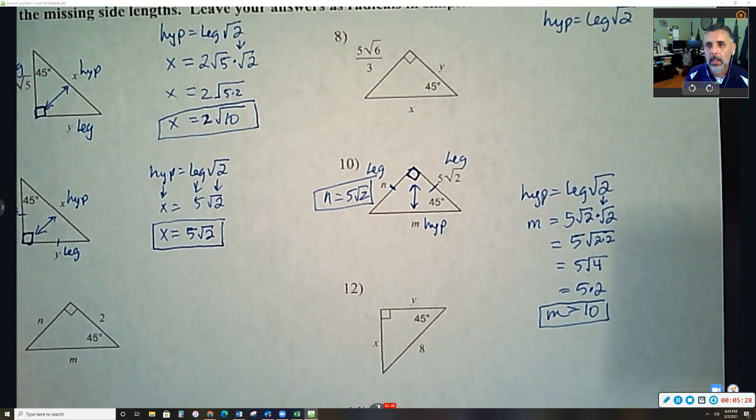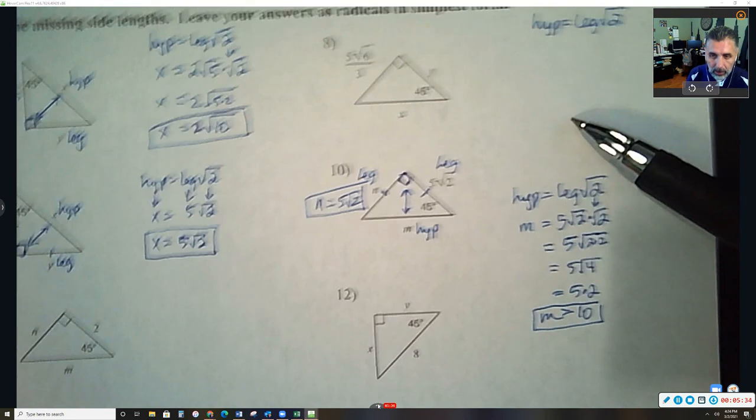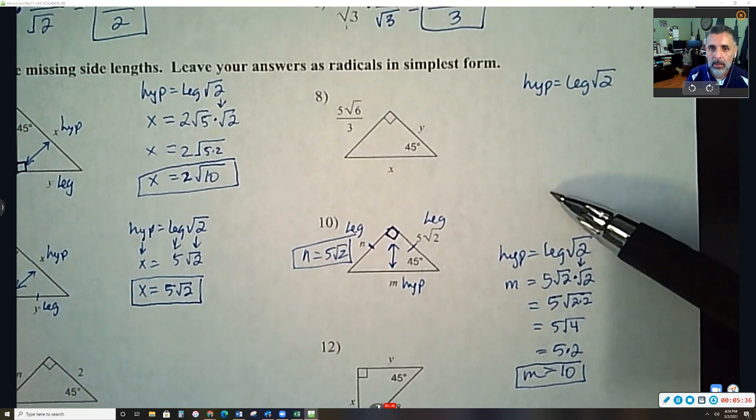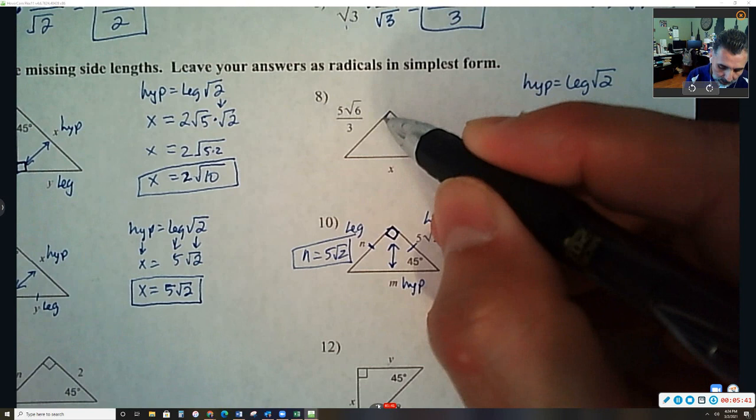So let's look at 8. Now I said 8 was kind of like a lot of work, and it is. And now I don't even think I'm going to be able to fit it in here, but let's try. Look at that ugly number. Figuring out one of the answers is easy